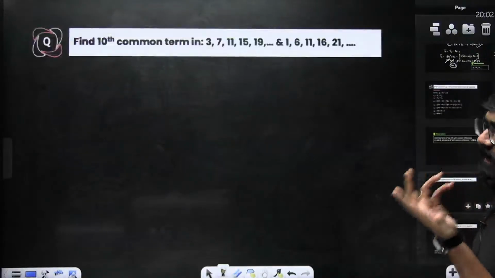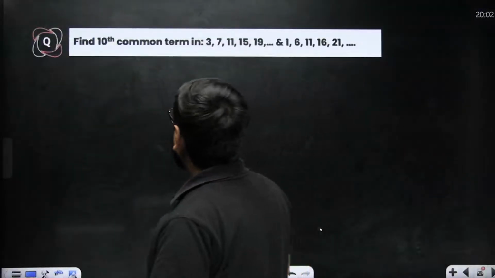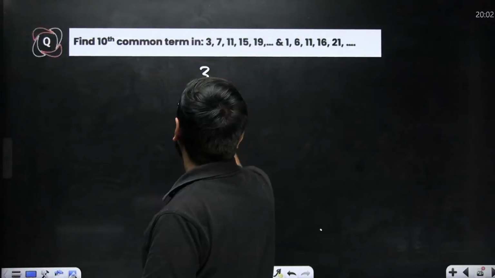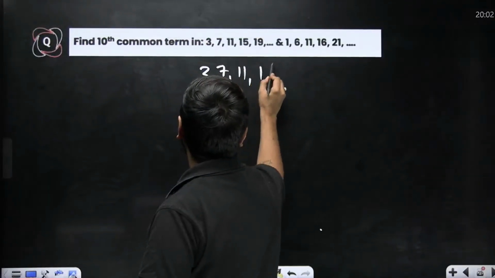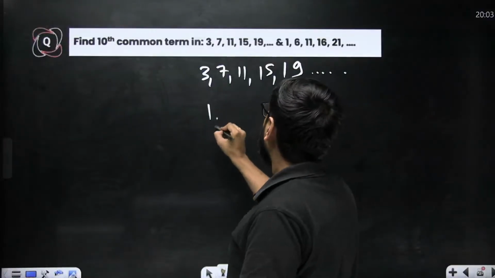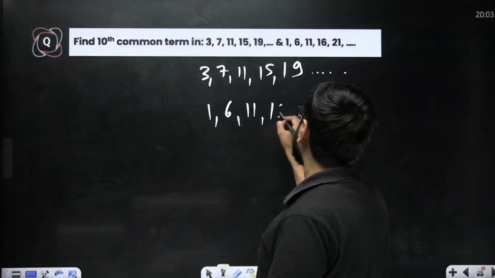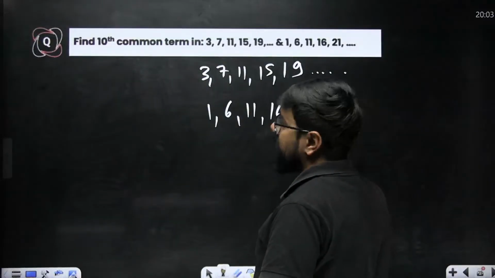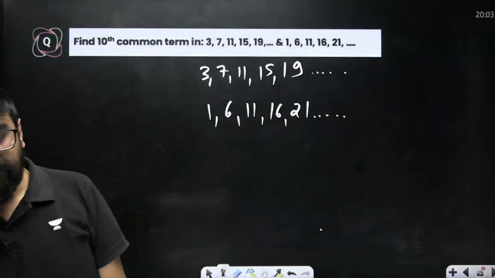Now, it's very simple to understand that if there are two APs, 3, 7, 11, 15, 19 is one AP. It is going like this. And 1, 6, 11, 16 and 21. It is going like this. Now, whenever this happens,